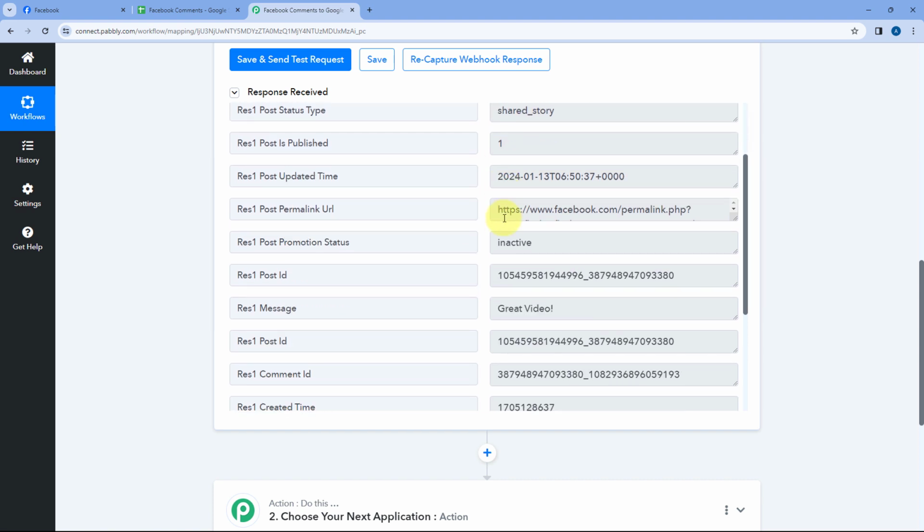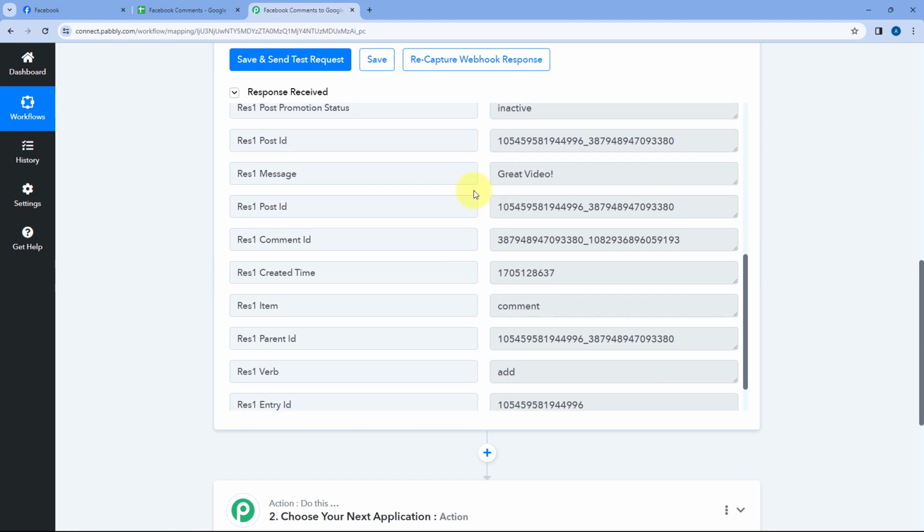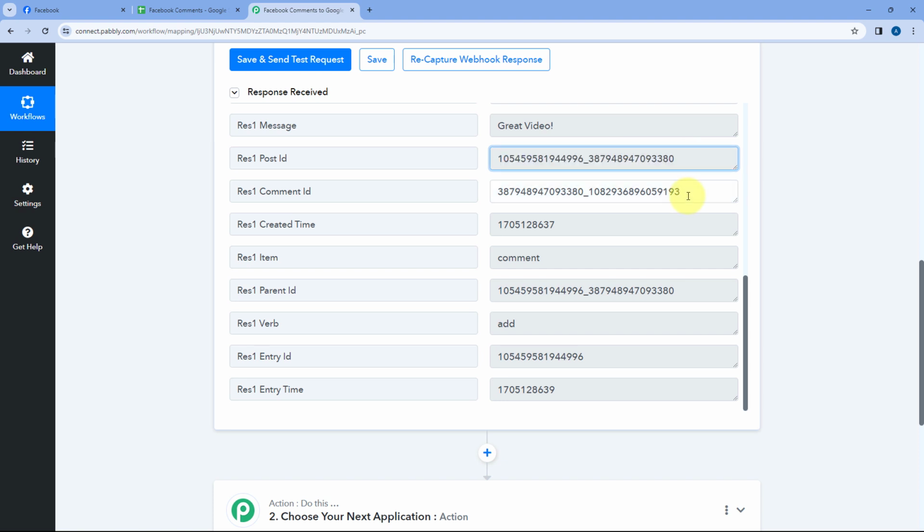Then we will scroll down, and here you can see the date and time at which we received this comment. We have the URL, the link of the post on which we have received the comment. We will scroll down. We have the actual message, the actual comment which the user has posted. Then we have the post ID and the unique comment ID of this comment. We have the date and time in timestamp format, showing when this particular comment was posted